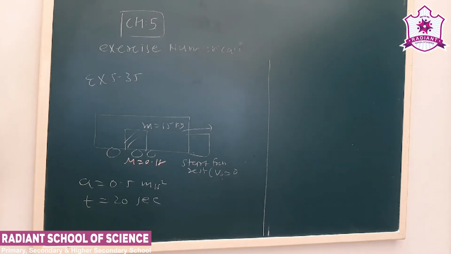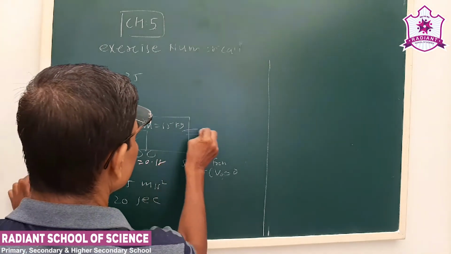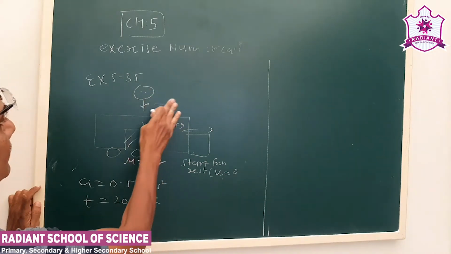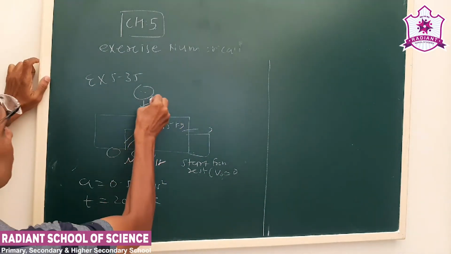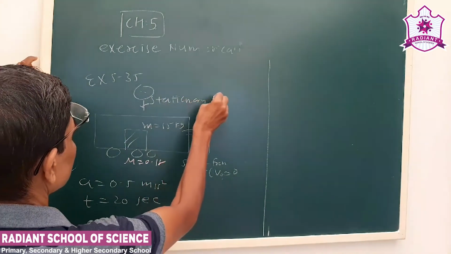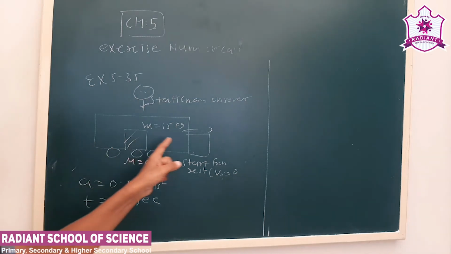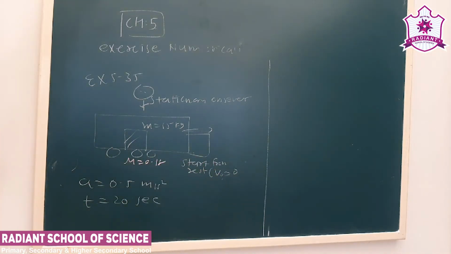For an observer on the earth, let us say the trolley is moving in this direction, and our observer is here, stationary. We have to discuss the motion of the block. The block also will move with the trolley. So the force acting on the block